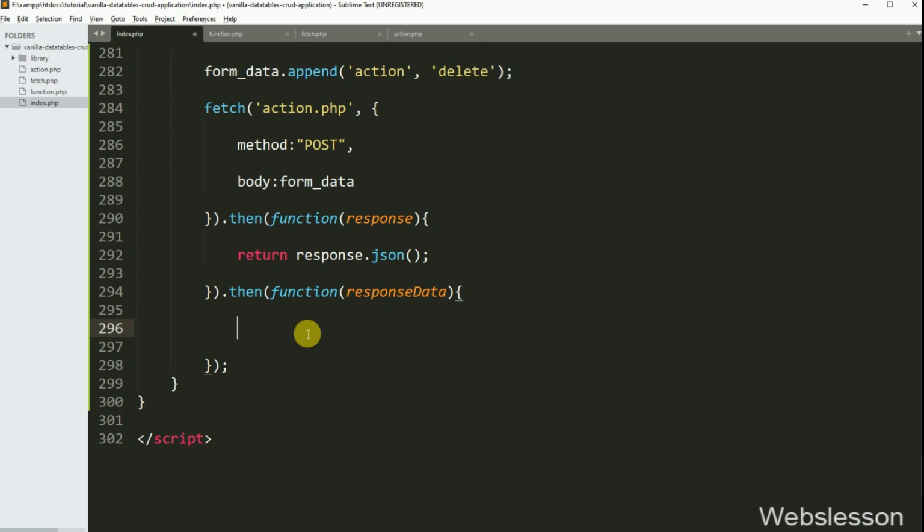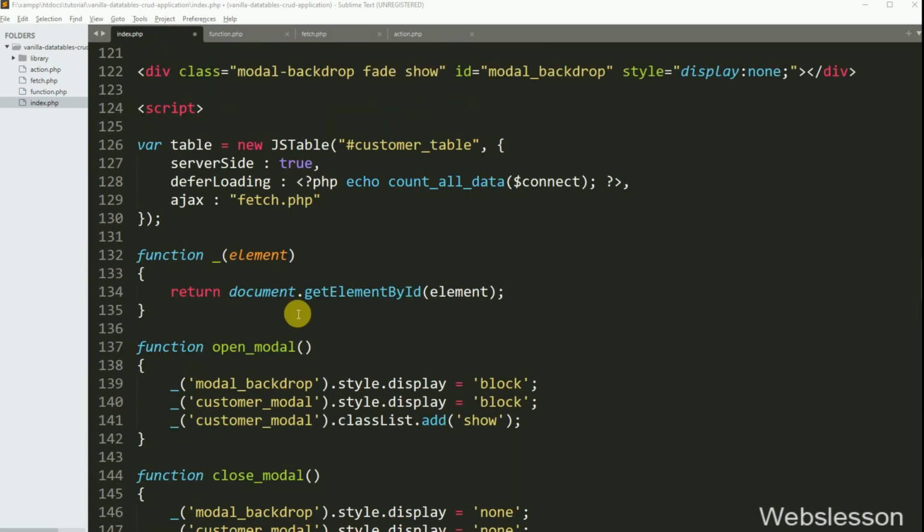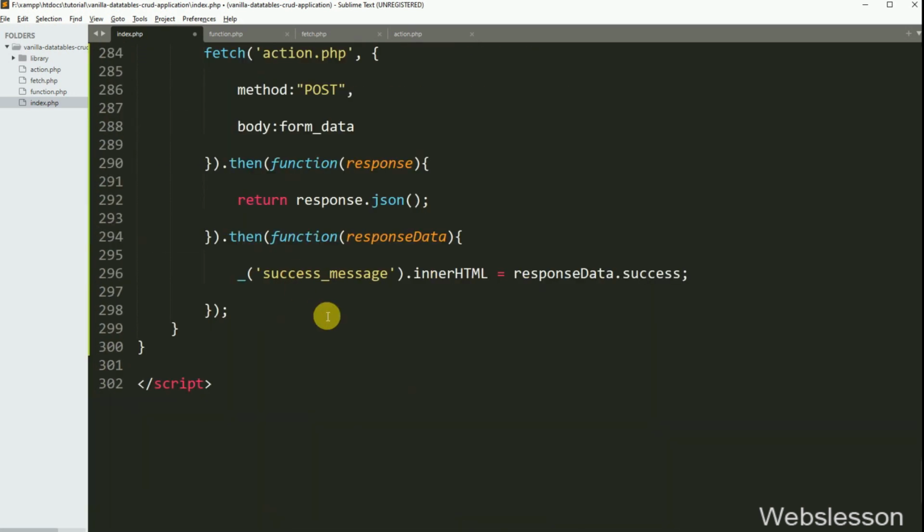Under this function, first we want to display a success message on the web page, so we have written the span tag with id success message, dot innerHTML equal to response data dot success, so it will display a success message on the web page. After deleting data, we want to display the remaining data in Vanilla Data Tables. For this, we have written the table variable's update method, so it will load the remaining data in Vanilla Data Tables. So here our JavaScript code is ready.